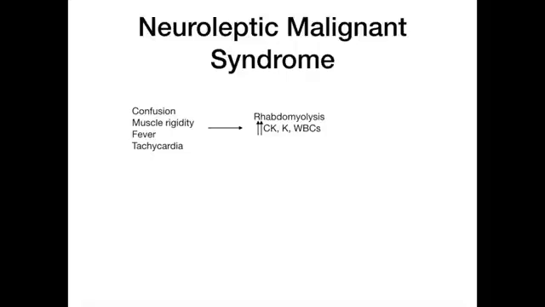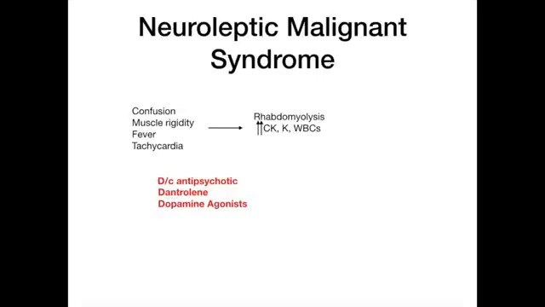So the treatment for neuroleptic malignant syndrome, or NMS, is first you discontinue the antipsychotic. You give them dantrolene, and then, if needed, you give them a dopamine agonist. So think about it. The reason that this occurs is that there are decreased levels of dopamine, and this causes neuroleptic malignant syndrome. So you want to give them back dopamine. So something like bromocriptine, a dopamine agonist, can be given in addition to dantrolene, which is just protective for the autonomic nervous system in the body, but you have to discontinue the antipsychotic. So the neuroleptic malignant syndrome is treated with the 3 Ds. You discontinue, you give dantrolene, you give dopamine.